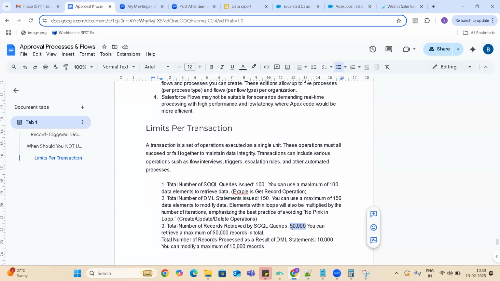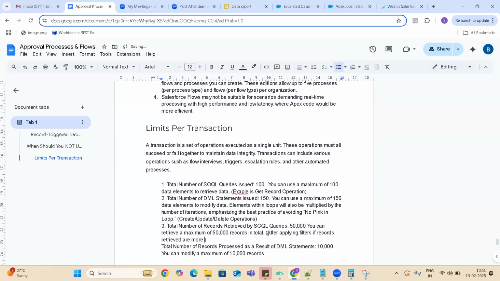In case, after applying filters, if the records retrieved as part of your get record operation are more than 50,000, then the flow is going to break.